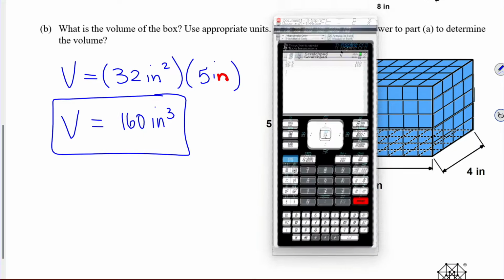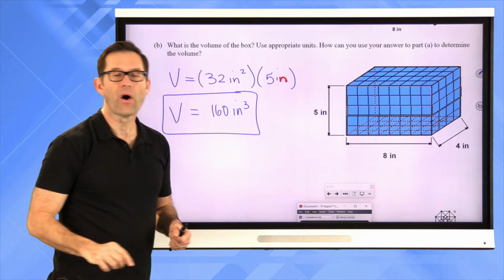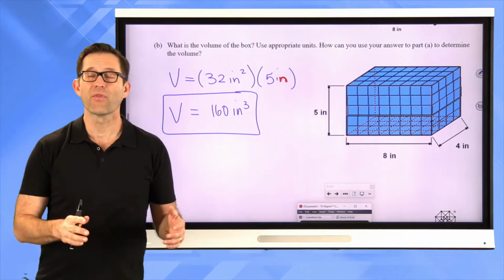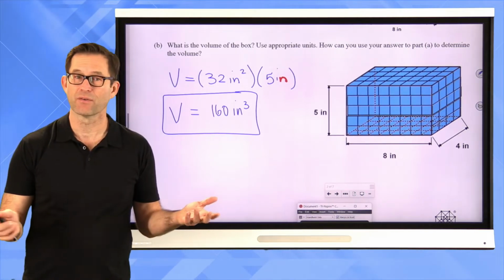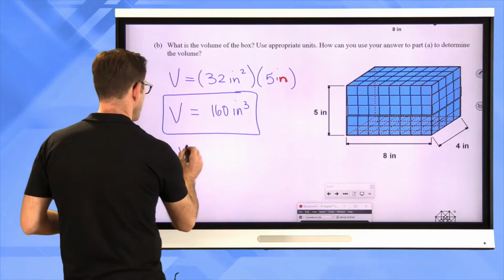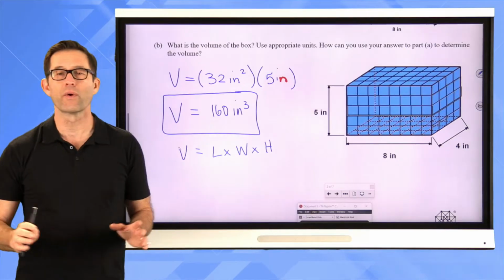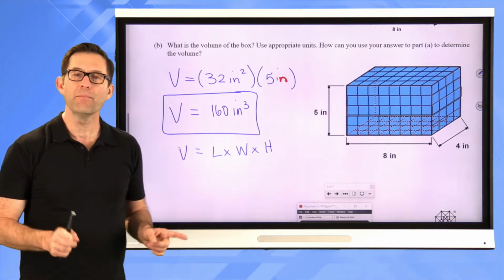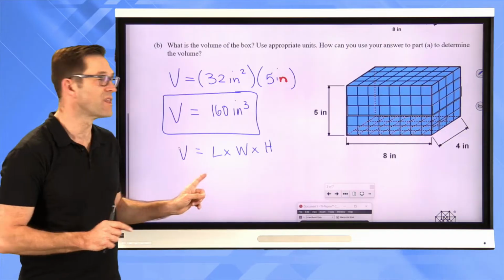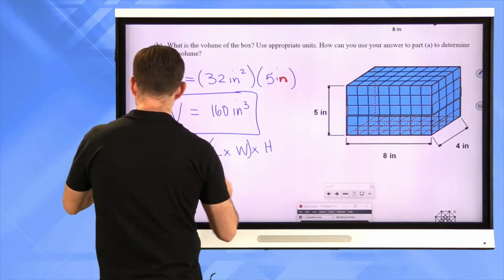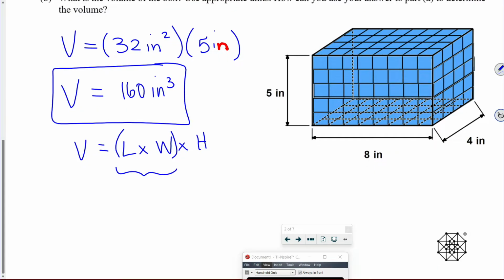Now, of course, you've learned for years that the volume of a box is length times width times height. You've learned this formula, volume equals length times width times height. And that is an absolutely great formula to know. But keep in mind, the reason that it works is that the length times the width is simply the area